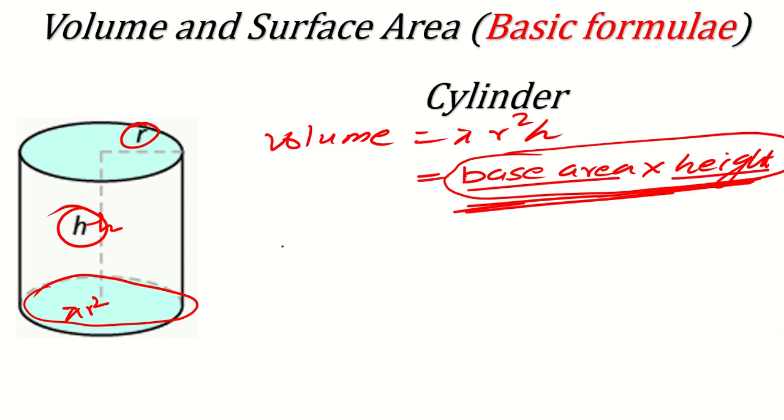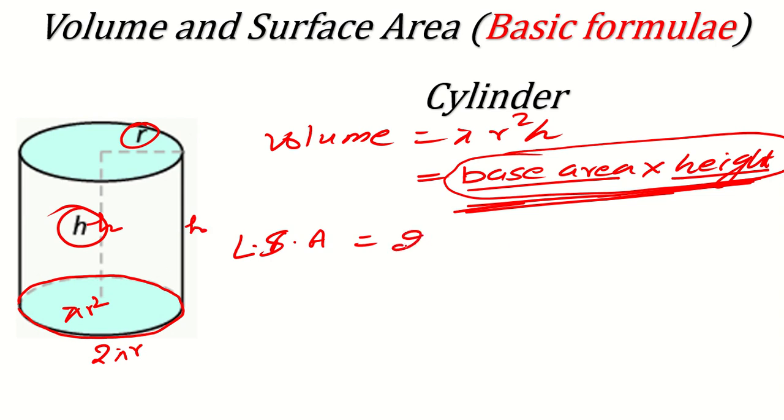Okay. Now its lateral surface area. Lateral surface area means side surface area. So whatever side you have, you see this will be the side, meaning the circumference, like this. And what is the circumference of a circle? 2 pi r. And what is the height? h. So just multiply them. So lateral surface area will be 2 pi r h unit square,